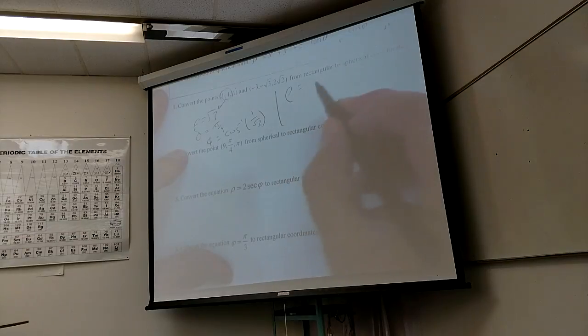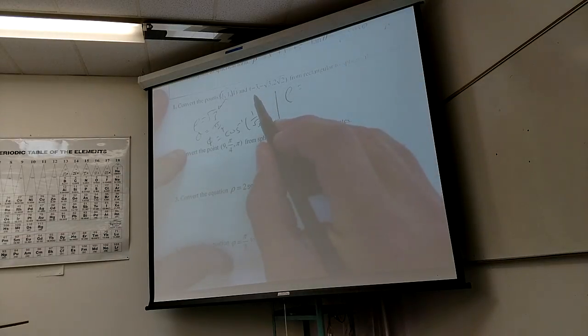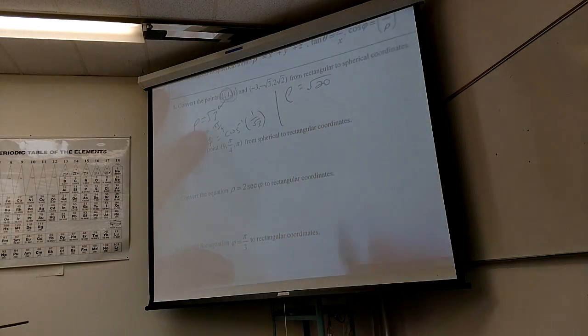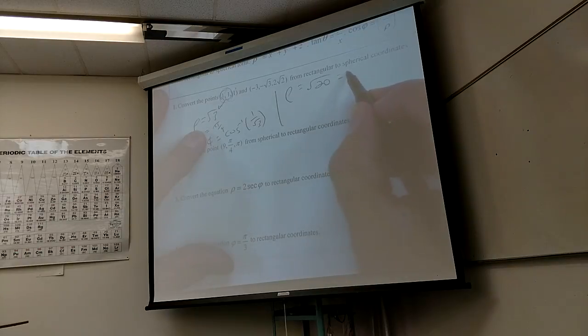You get rho equals the square root of 9 plus 3 plus 8, square root of 20, which is 5. And then I guess for theta,